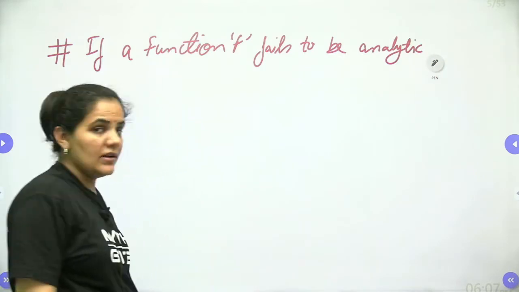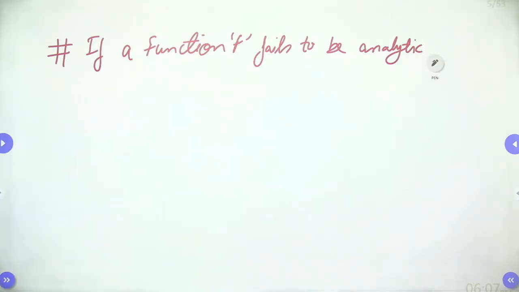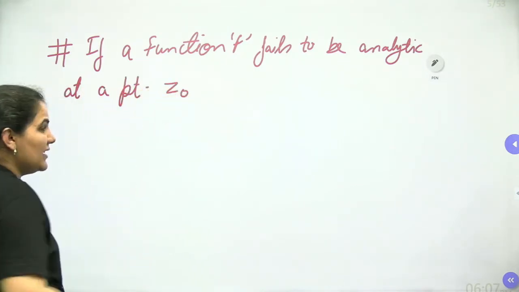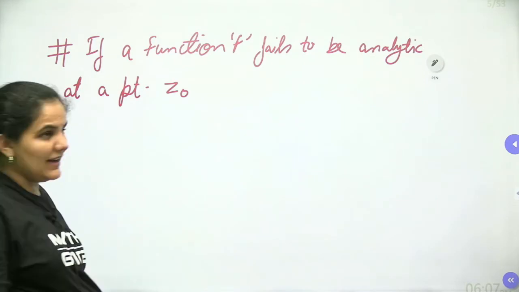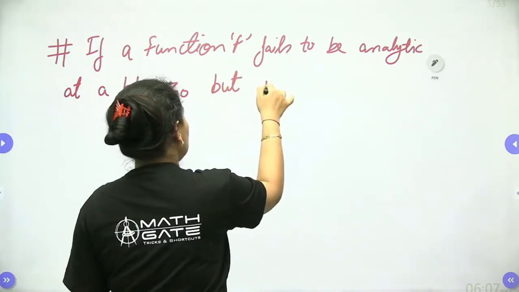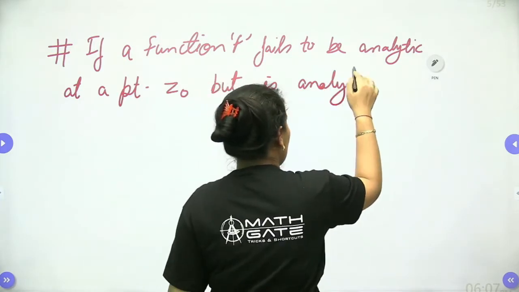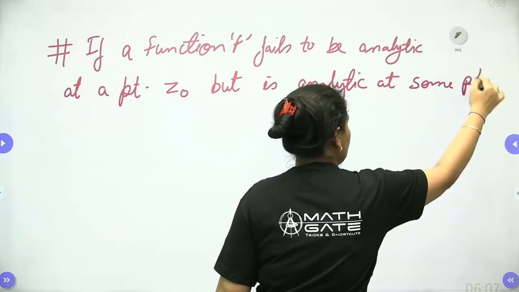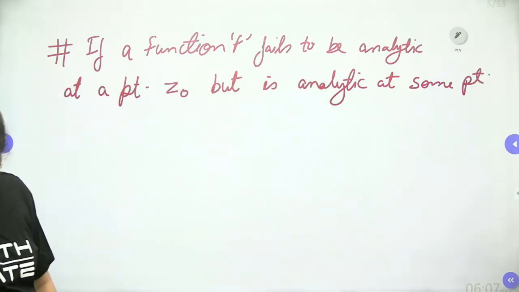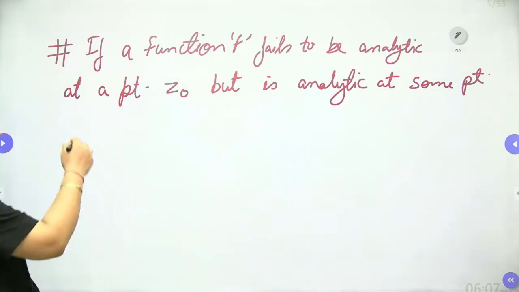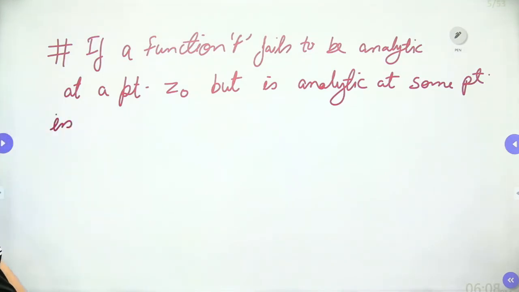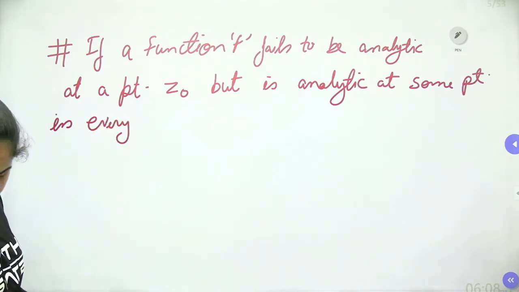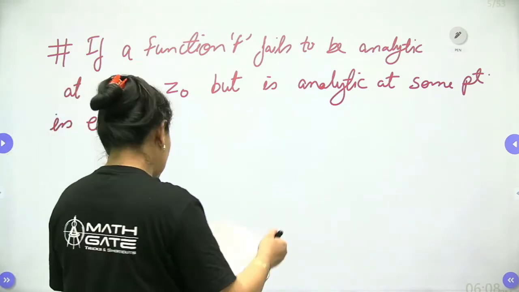If a function f fails to be analytic at a point z0, but is analytic at some point in every neighborhood of z0,